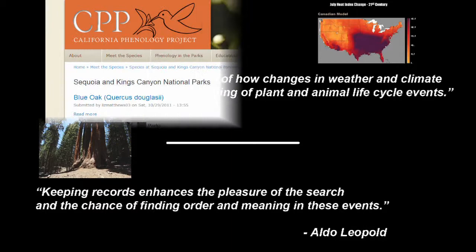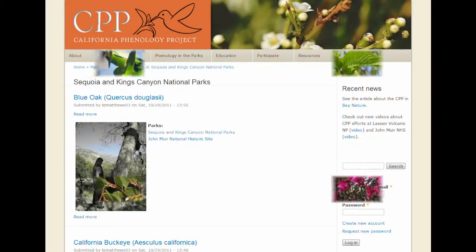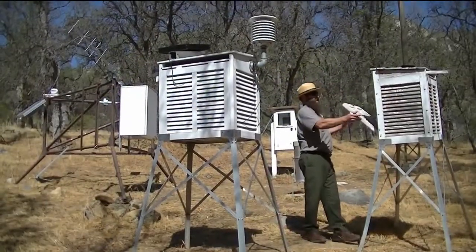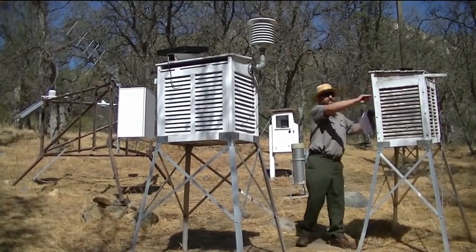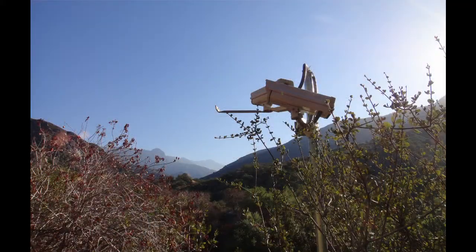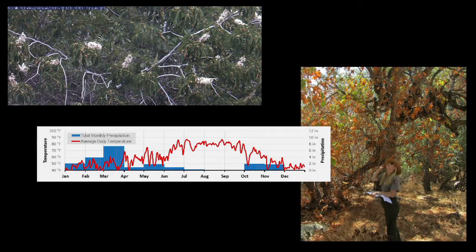As a part of the California Phenology Project, Sequoia National Park began monitoring the life cycle events of 4 plant species in 2011. Each monitoring site was chosen for its proximity to existing Park Service weather stations. In addition to human monitoring, 2 web cameras were installed to provide live streams of a blue oak tree and a California buckeye. For the buckeye, daily images are automatically stored on a web server. The site-specific weather data and daily photographs become extremely useful when coupled with phenological observations.